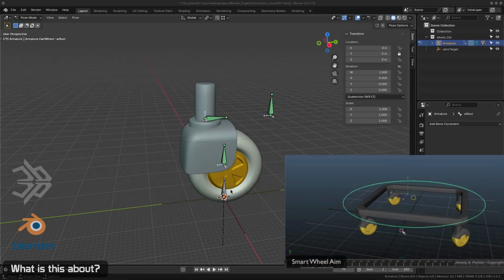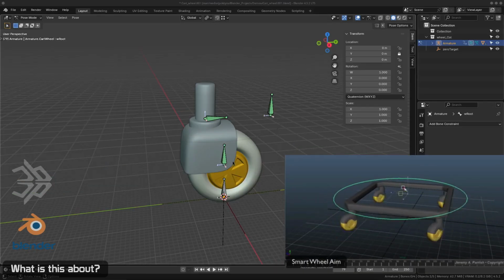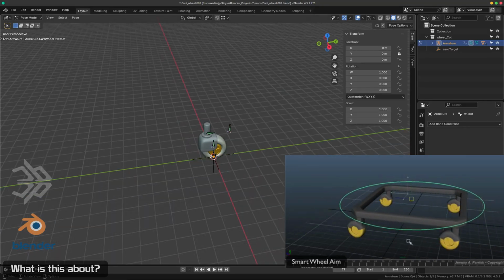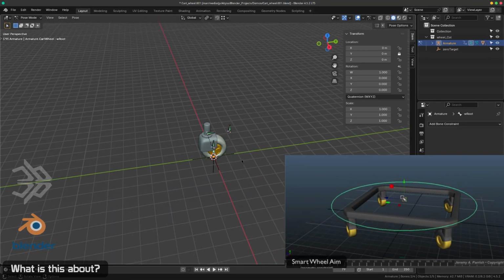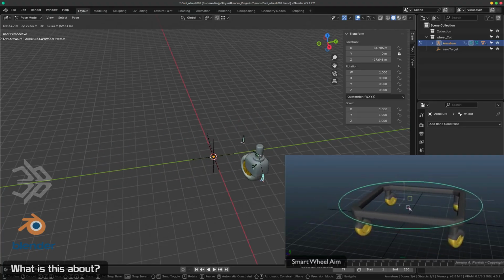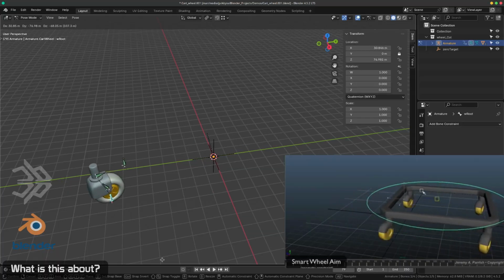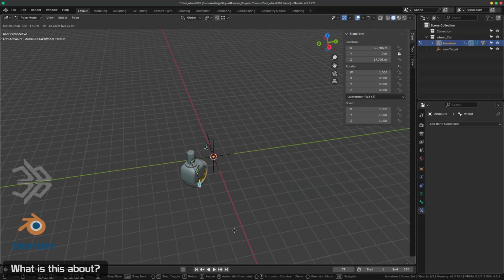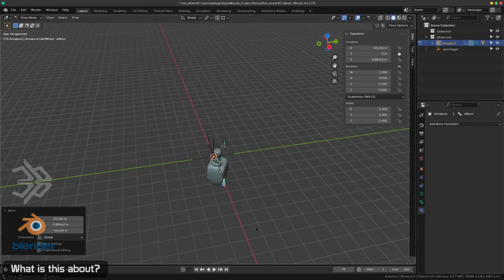So some time ago, I came up with a smart wheel setup to try to simulate the behavior of a cartwheel, like on a shopping cart. I was able to actually do it in Blender as well. It's not quite the same as it was in Maya. In many ways, it's slightly more involved, but the final result is more animation friendly in some ways, specifically